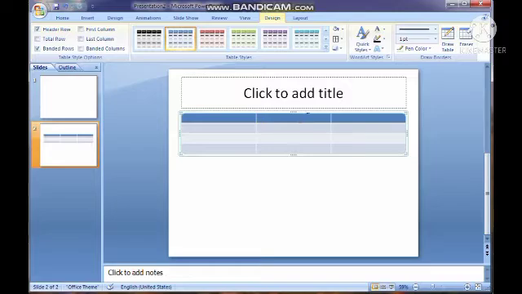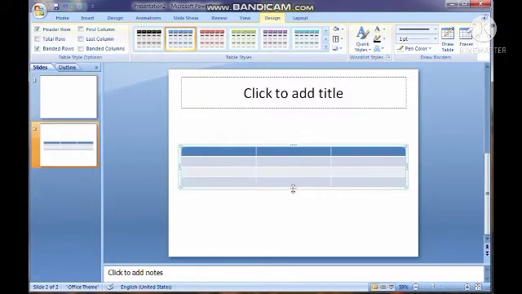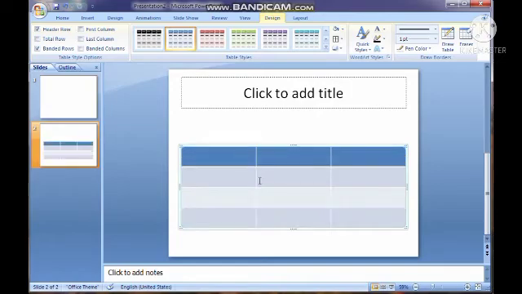When we click on the OK button, you can see one table inserted. You can increase the size of the table also. This table contains rows and columns. This table contains a total of 4 rows and 3 columns. I hope you all understood very well how to insert a table in a Microsoft PowerPoint slide. Okay, students,